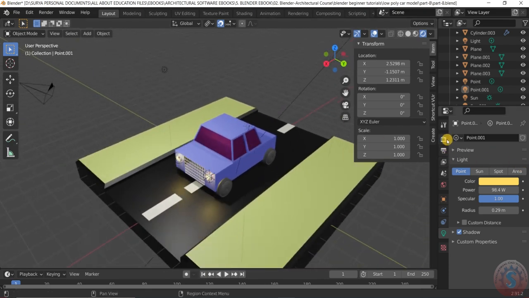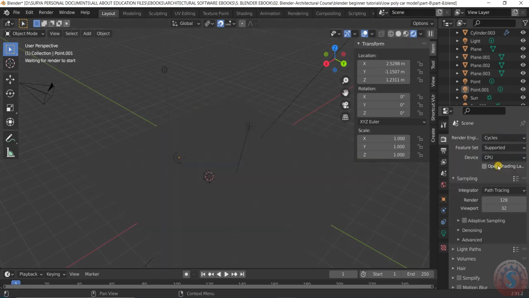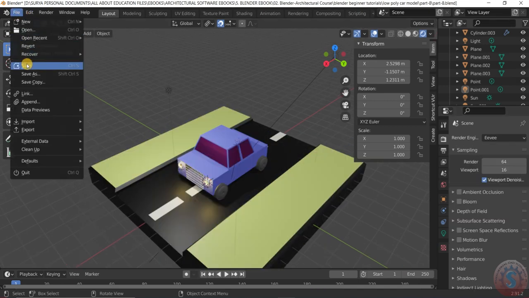By toggling this, go into Eevee, and you can see, then go into Cycles. You can observe the save option like this. You can see that in Cycles it looks like this. See, the point light is on the bottom of the road. Go into Eevee again and give the save option,